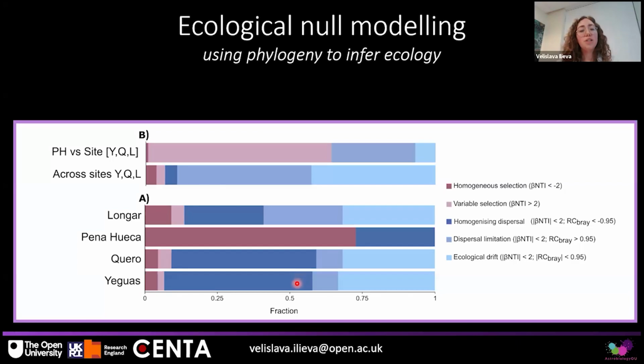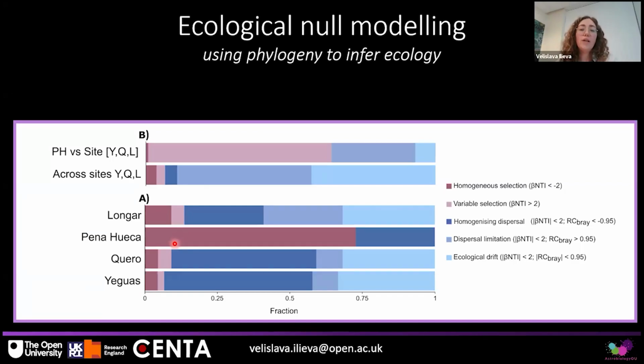And it means that species can travel, for example, up and down the sediment column. This can be caused by underwater upwelling up and down the sediments, which would transport the species between communities. And for Penahueca, we see that things are very different. The microbial communities are mainly affected by homogeneous selection, where the environment is exerting strong selection on their species.